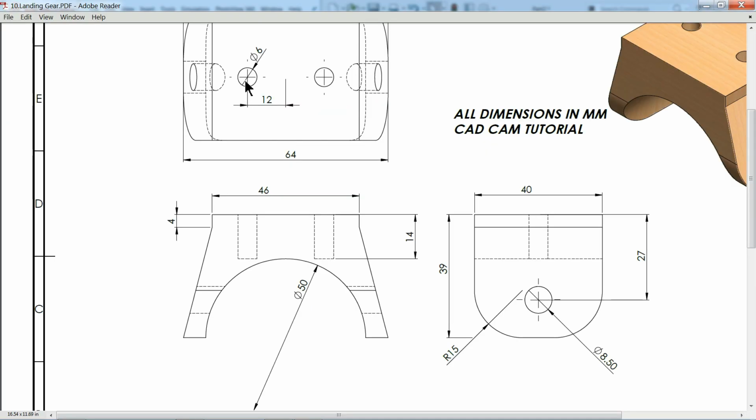Now the next thing is we need to create 2 holes, 6 millimeter diameter, and center distance is 12 millimeter, and the depth here you will see 14 millimeter.